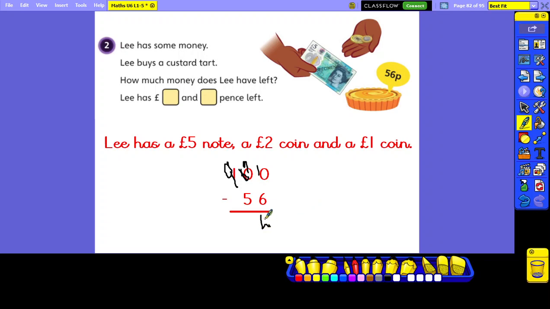10 take away 6 is, I'm sure somebody will be shouting out at me, is 4. 9 take away 5 is also 4. And I've got no hundreds to take away because I've borrowed, didn't I? I exchanged from my hundreds column. So to take away